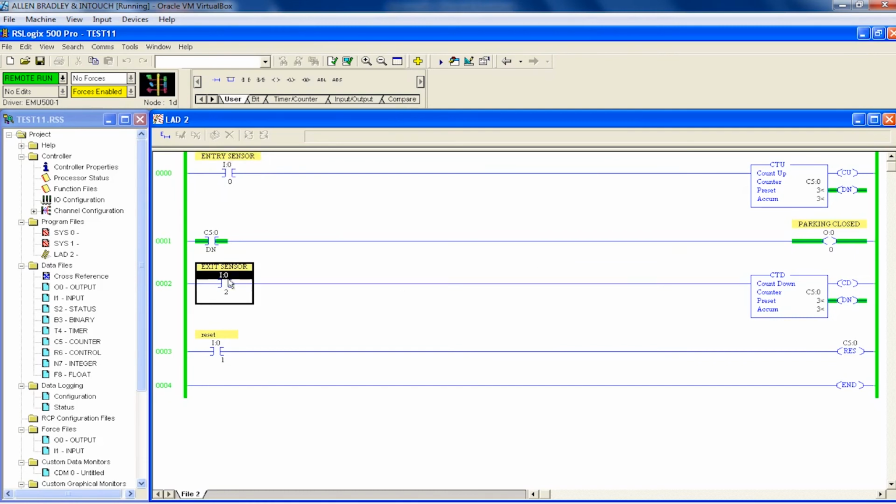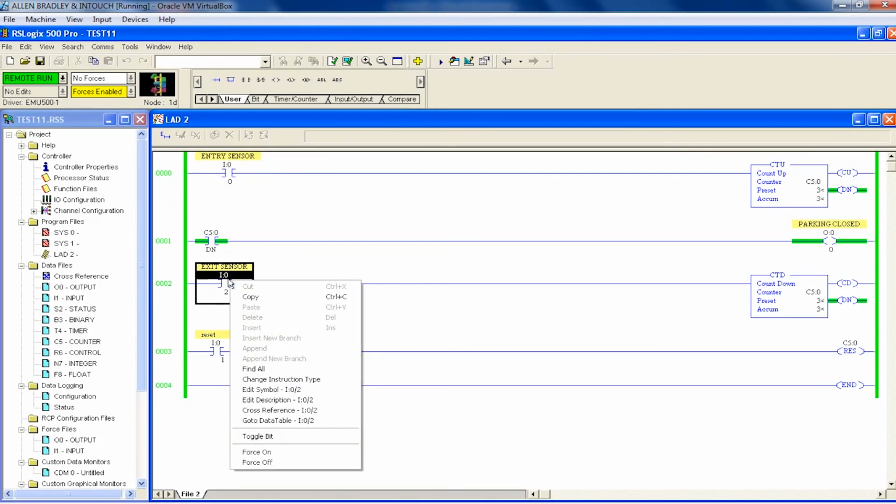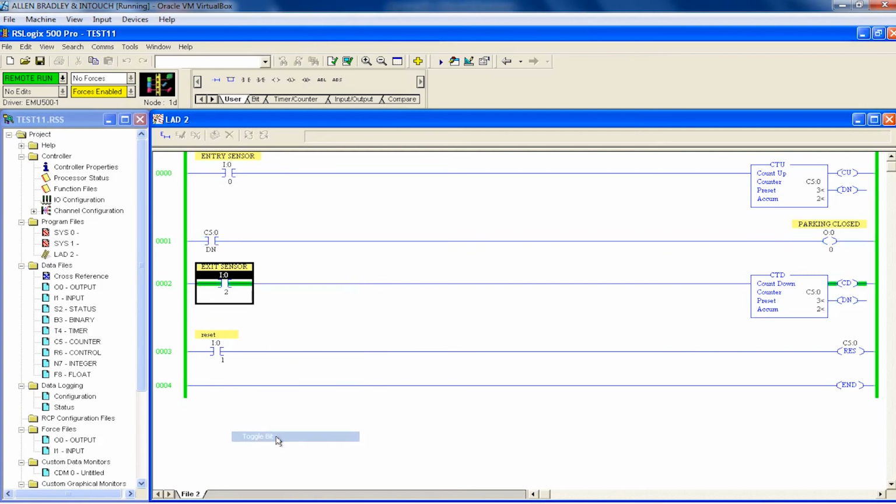At that time 1 car is exiting. So it is going out. At that time your parking closed indicator is turned off because you have 1 place for parking. Now the accumulator value is 2. By clicking this sensor also, it is updated in both the counters.